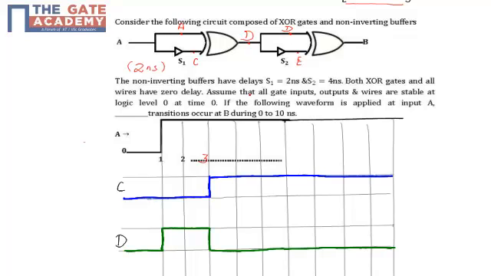And the output D is nothing but the output of A XOR C. So we know that in XOR, if both my inputs are opposite, that is if one is 0 and the other is 1, then my output will be 1, else it would be 0. So in the duration from 1 to 3, my A is 1 whereas my C is 0, so D will be 1 during that time. In the remaining time both A and C are 1, so D would be 0. So we get a waveform for D.